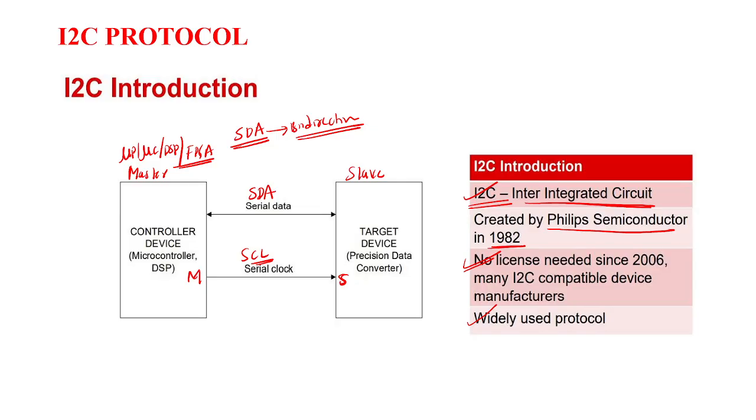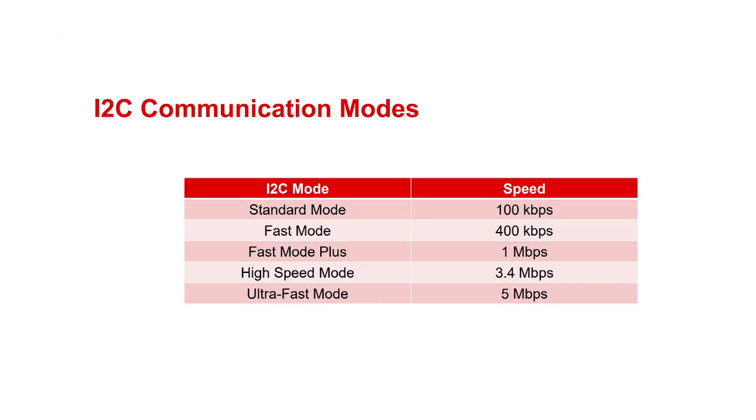This is about the I2C protocol, and it operates in different modes. Standard mode has a data rate of 100 kilobits per second, fast mode is 400 kilobits per second, fast mode plus is 1 Mbps, high speed mode is 3.4 Mbps, and